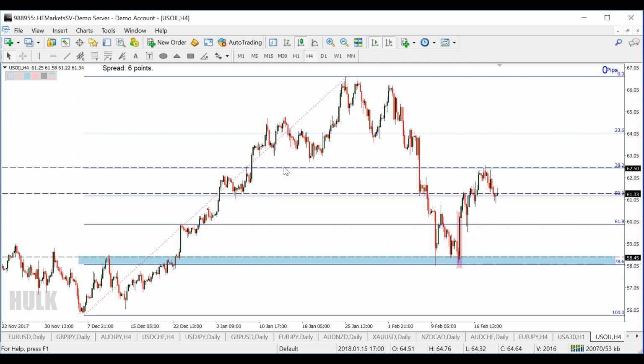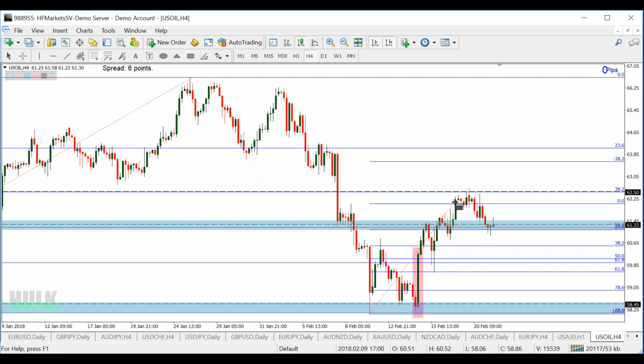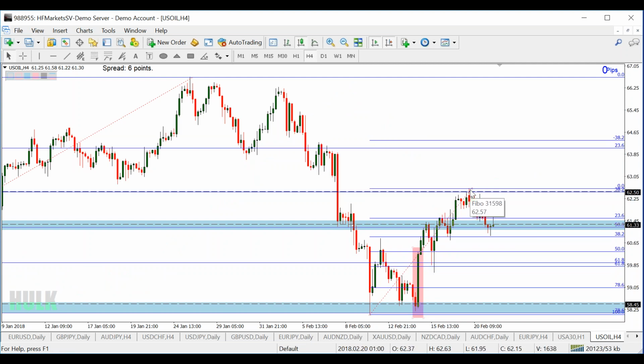So, Fibonacci traders are not wrong. Price action traders have no problem. But if we combine together, we can get a better opportunity. Now, price target here. If we take another Fibonacci, drawn from bottom to top here, another swing,